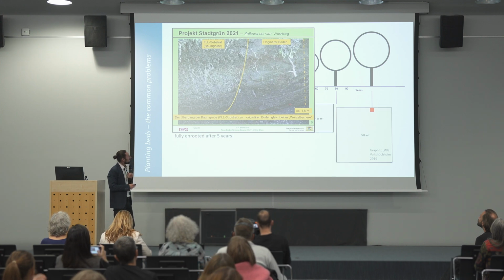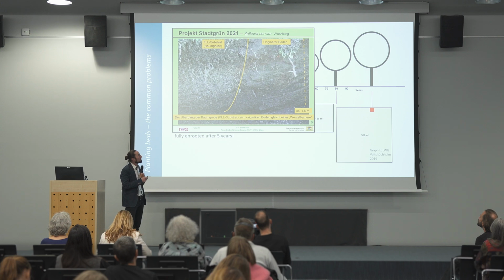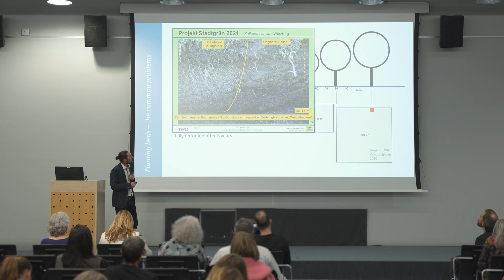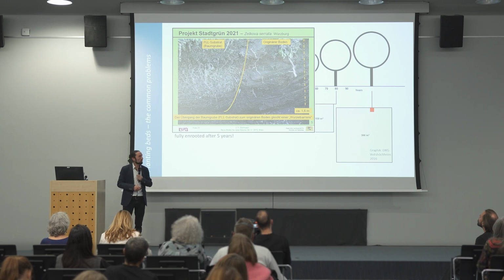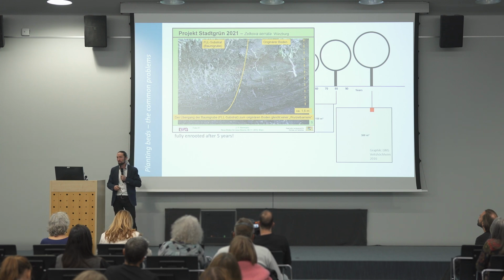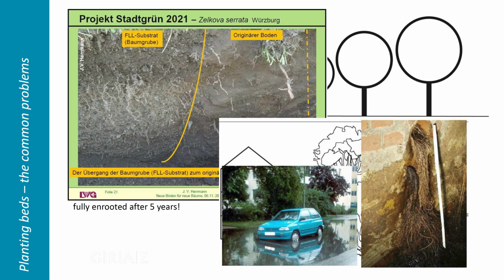So as you can see here, here's the tree substrate, and over there is normal, let's say, urban soil or urban substrate, and often it's also compacted. And so the tree is not always enrooted because there is a lack of oxygen and also of water in it. So it can also be that the tree then finds other ways or it will die.